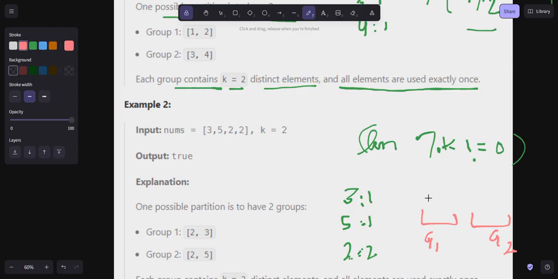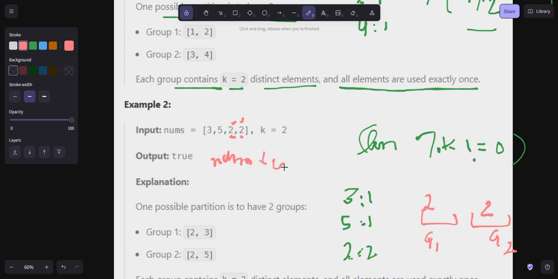In G1 I can place 2, let's say this 2, and this 2 also I can place here, right? Okay, now this is good. Until now everything is good, right? I can have two twos here, right? I can have two twos here, right? So here what if I do like this,